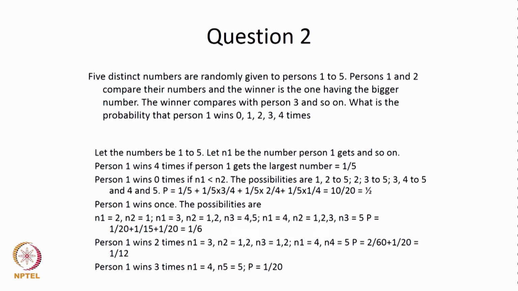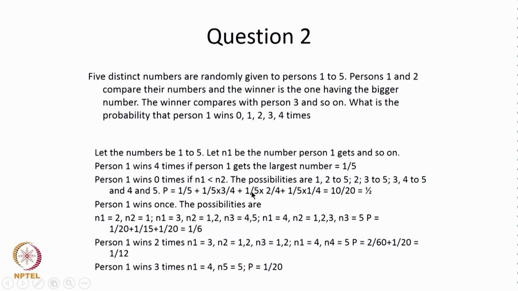Person 1 may get number 2 and person 2 may get anything between 3 and 5. Person 1 may get number 3 and person 2 may get 4 or 5, and person 1 may get number 4 and person 2 gets number 5. So, the probabilities are